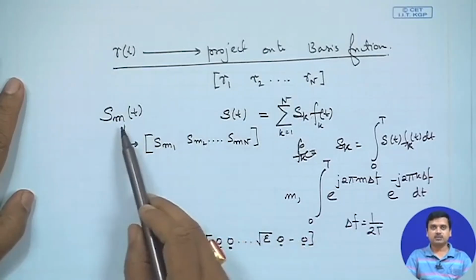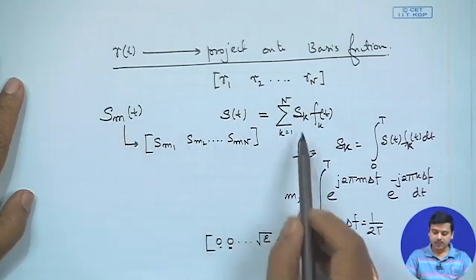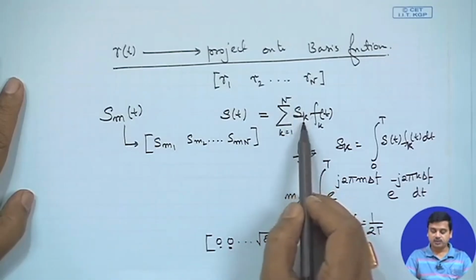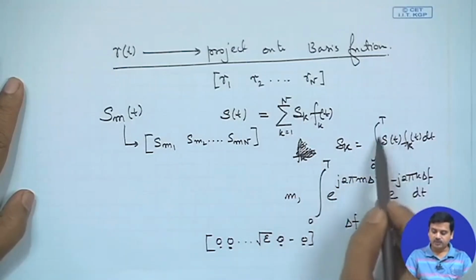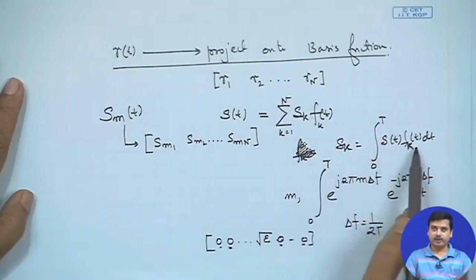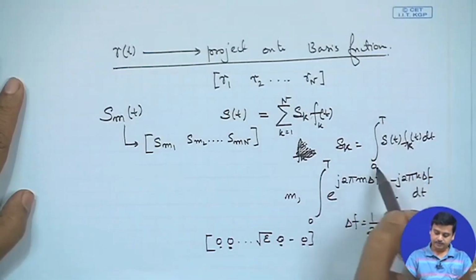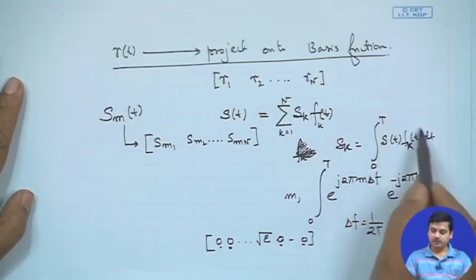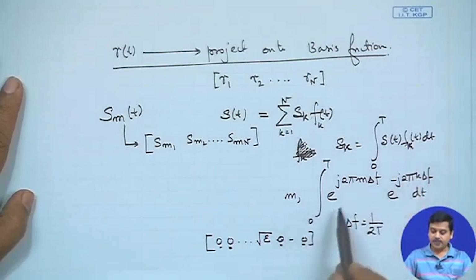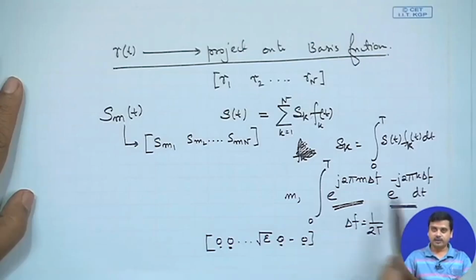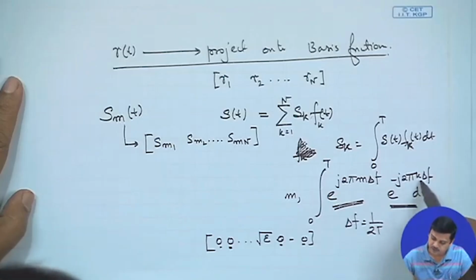Then we can do vector operations on signals as well, and S_k, that is the coefficient or the component, can be computed in the form of the projection of S(t) on f_k. So, you would do that by integration from 0 to T of S(t) f_k(t), where f_k is one of the basis functions. And we recalled in case of M-ary FSK, this was the transmitted signal and you had to correlate. So, it was basically projecting the signal onto different bases, where you have this k as the different frequency components,